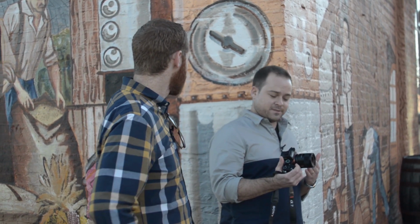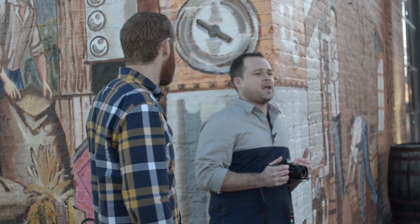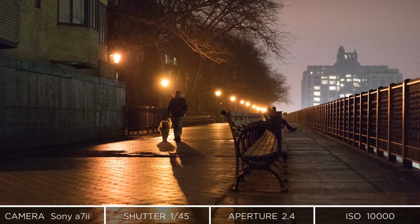In general, this is a full frame camera, so the low light is by definition going to be very good. And it is very good. The thing is that it gets a little noisy at high ISO at night. Like every other camera, is what you're saying. Yes, other than maybe the A7S. It's a little bit noisier than I would expect from a full frame camera. And it probably has to do with the fact that it is